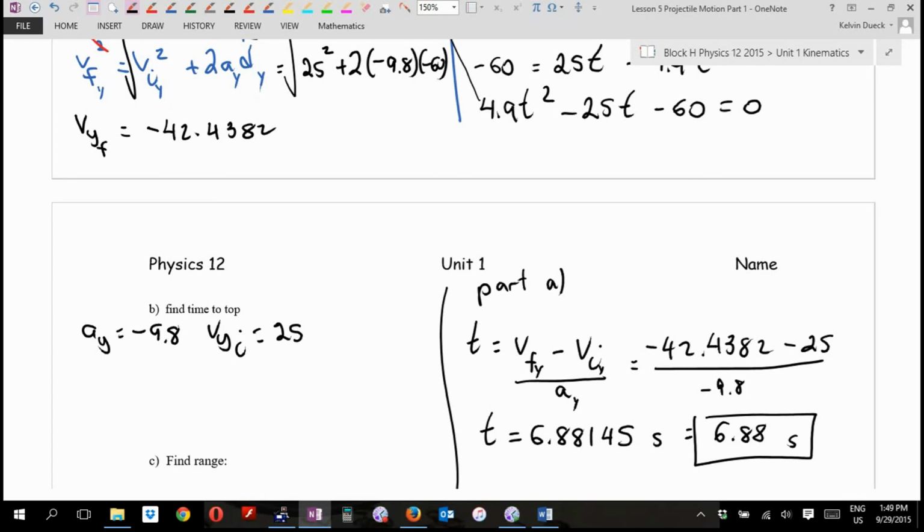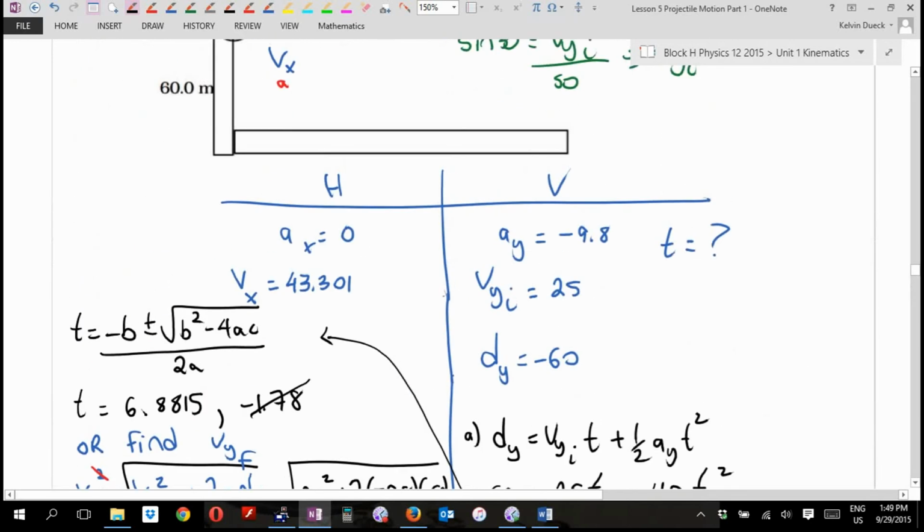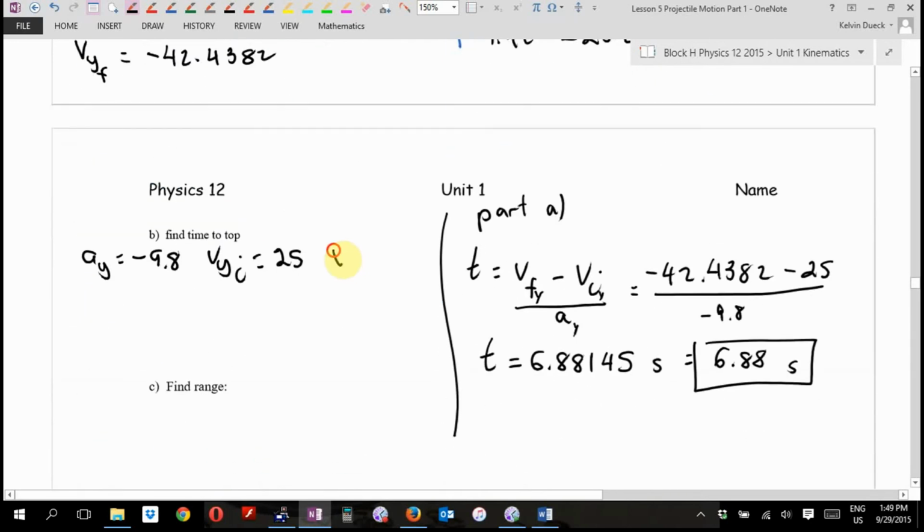What else do I know about the top? I don't know. I've never been there. Yeah, that's okay. Oh, VY final. I got to be fussy because VF is not 0. It's still moving horizontally. I can even tell you how fast, 43.301 meters per second. But VY,